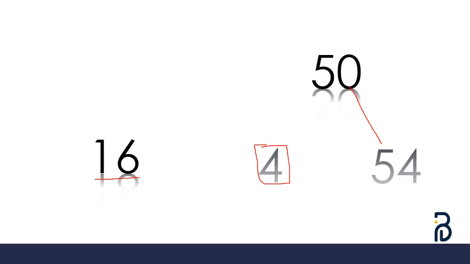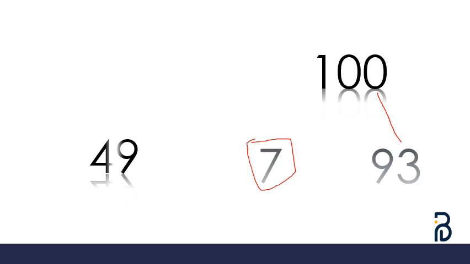Let's see a few more examples. What is last two digits of 293 square? So the first step is to take the last two digits of this question. It is 93. Now the next step is the multiple of 50 that is closest to the number. What is the multiple of 50 that is closest to 93? It is 15 into 2, which is 100.